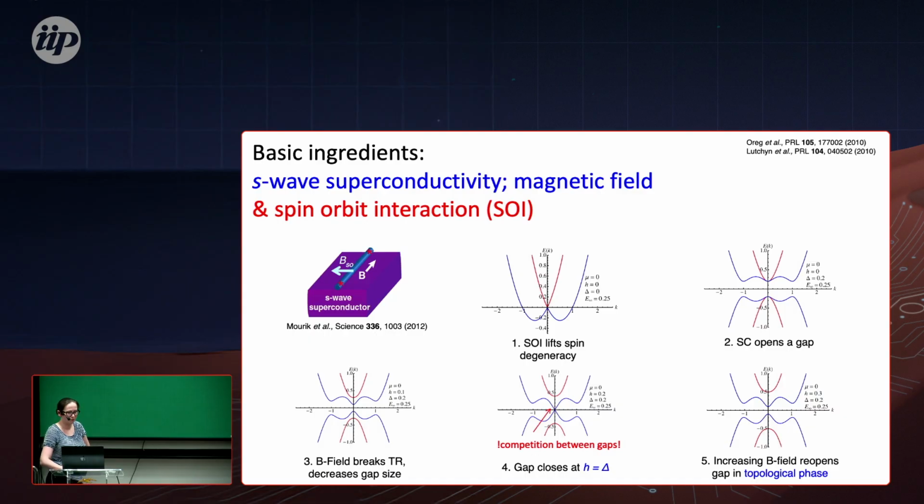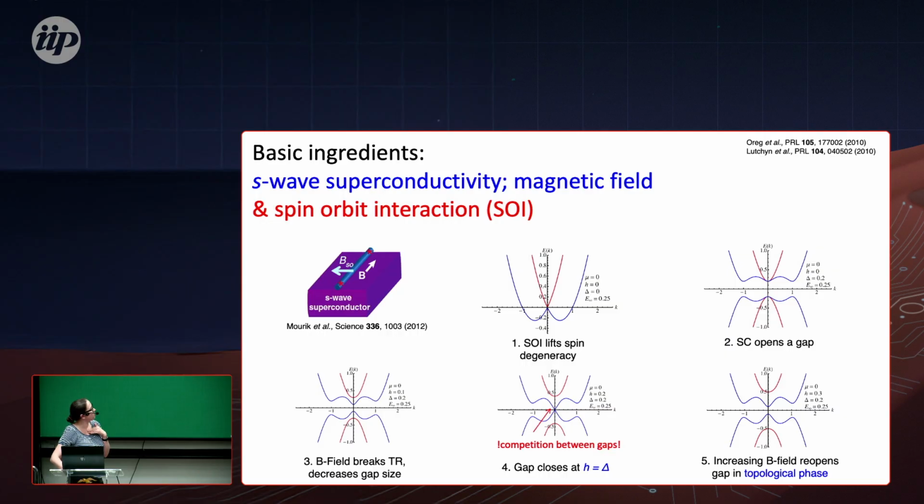So we need to have a one-dimensional channel. We want it to have strong spin-orbit interaction. And then we have a splitting between spin up and spin down. And now we need to generate this domain wall. So how do we do it? There should be two ways to open the gap. And in this problem, we have a gap.